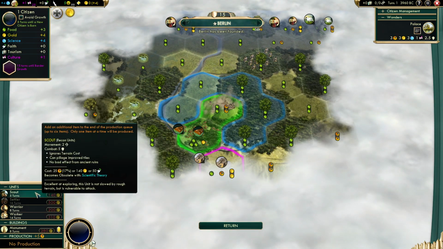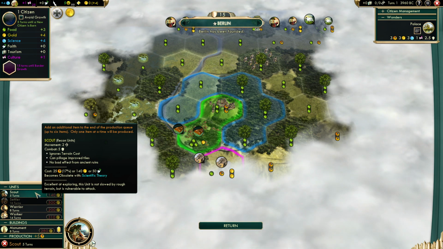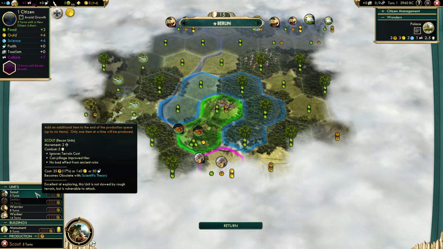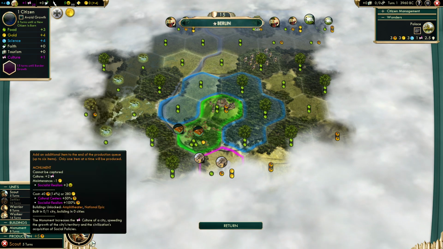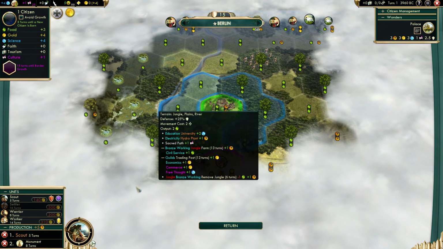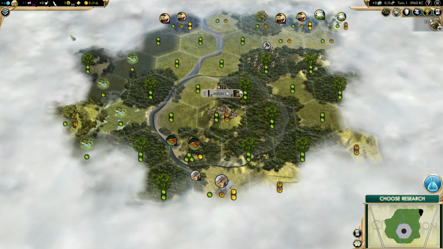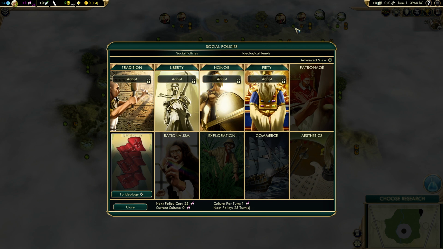Capital is Berlin. We're going to start with the scout. Find some goodie huts, find some city-states. If we're the first people to find city-states, we get bonus money from that, which is really nice. So we'll do that. We'll probably go monument next. In fact, I'll go ahead and throw it in the queue, which is very easy to do with the enhanced UI mod. I'm going to do that because what I really want is some culture to be able to advance our social policies